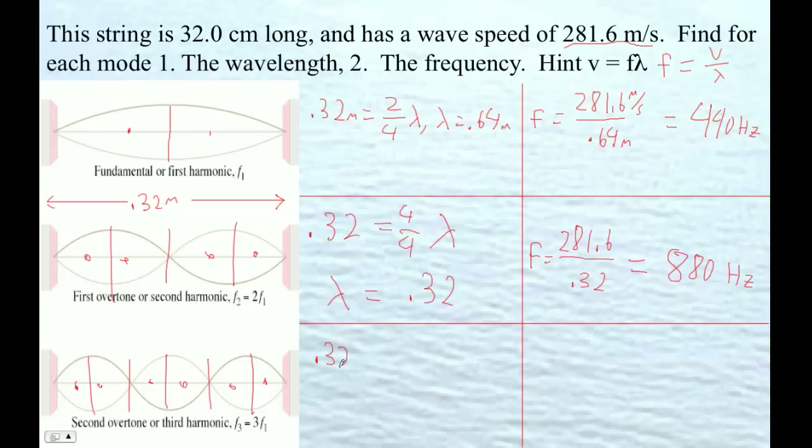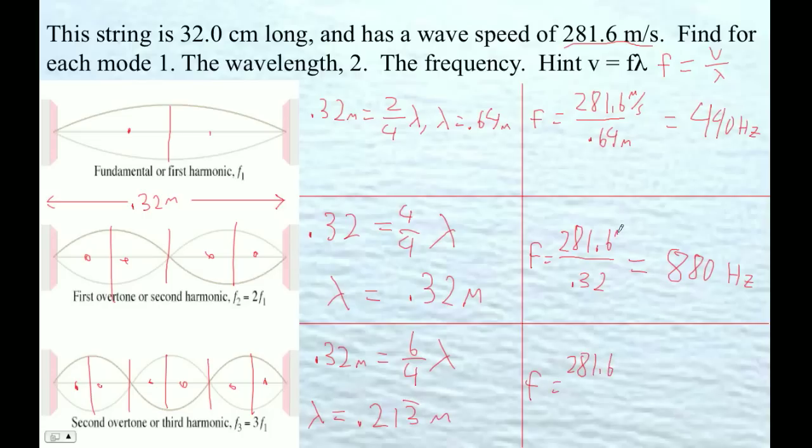Okay, so 0.32 meters, right, equals 6/4 wavelengths. So therefore, 0.32 times 6 divided by 4 is, no, I'm wrong. 0.32 times 4 divided by 6. Okay, divided by 6. Okay, the wavelength is equal to, these are meters, right? 0.213 repeating meters, right? And then our frequency is